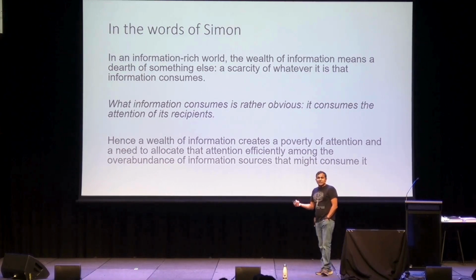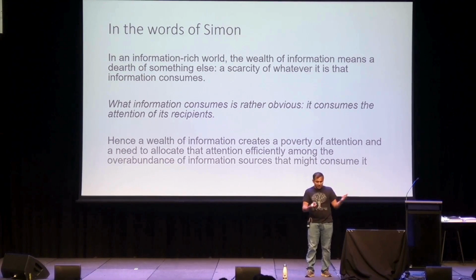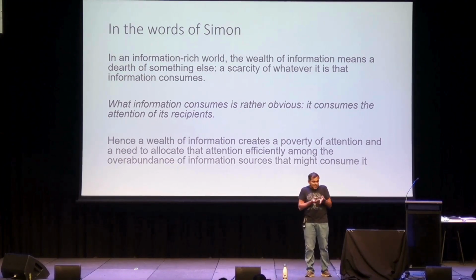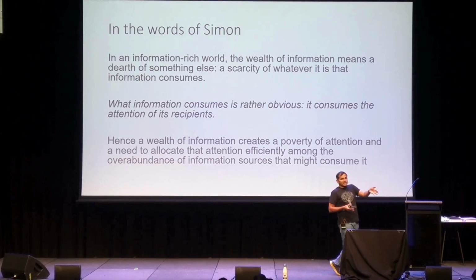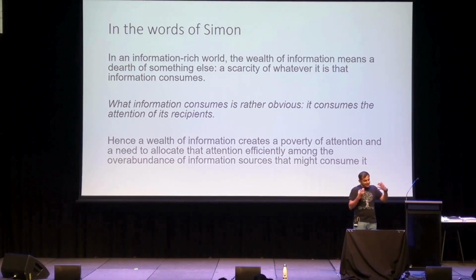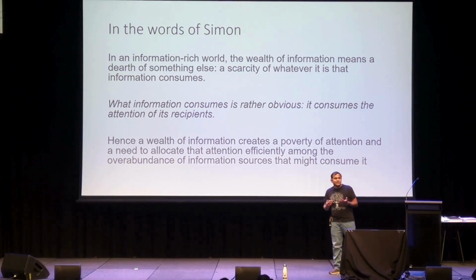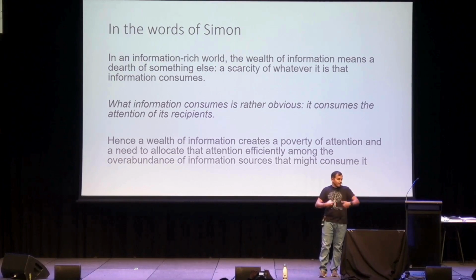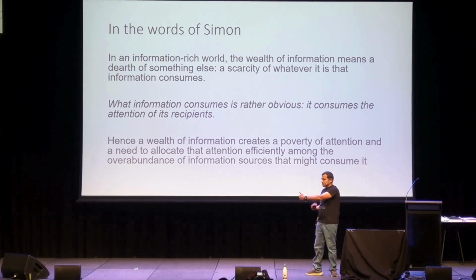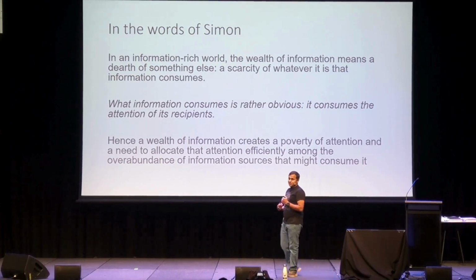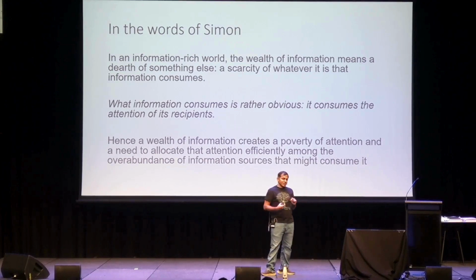And what we have is a wealth of information. Right? I can go right now. You can be on TikTok, you can be on YouTube, you can be checking your email, you can be checking Slack. We have an abundance of information, which means that it creates a poverty of attention. So he actually had this idea of information, sort of attention economics, that in the future, and we're already living that future, because he said this in 1970, that in the future, we're going to have a glut of information, and the attention of people is going to be the scarcest resource.